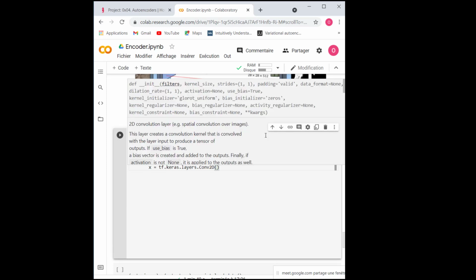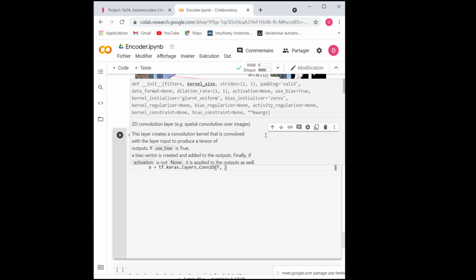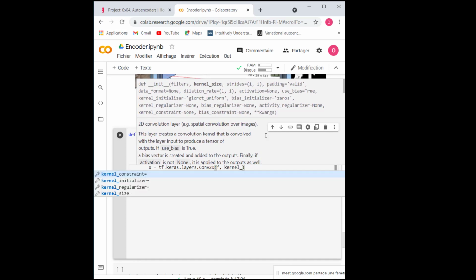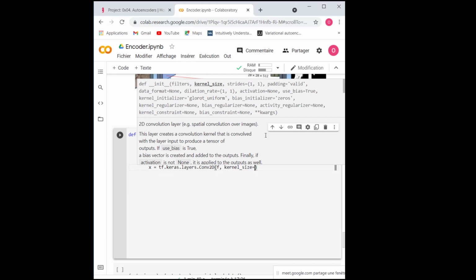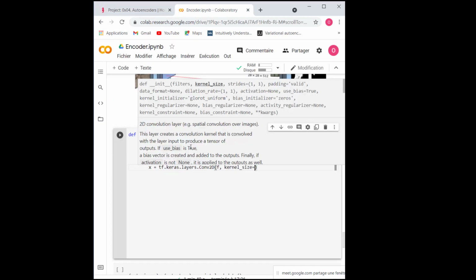It will take f for the filters, and a kernel size. The kernel size for each convolution in the encoder should use a kernel size of 3 by 3, same padding and a ReLU activation function.